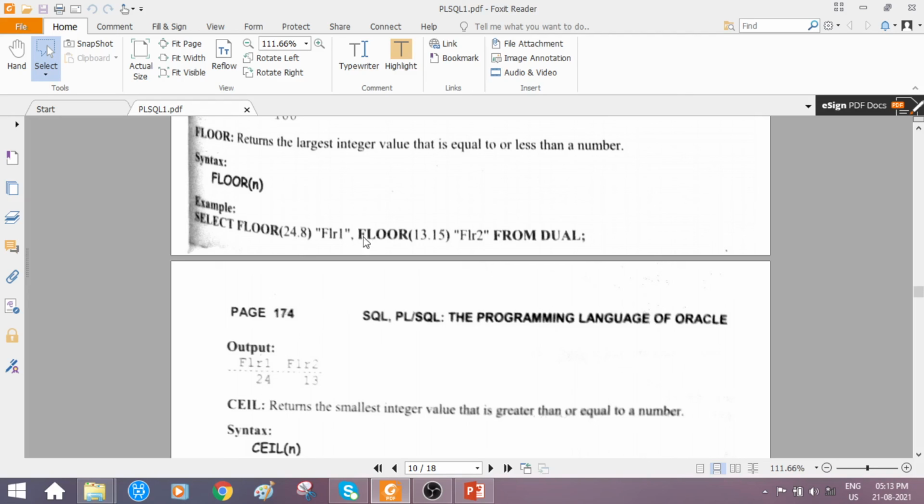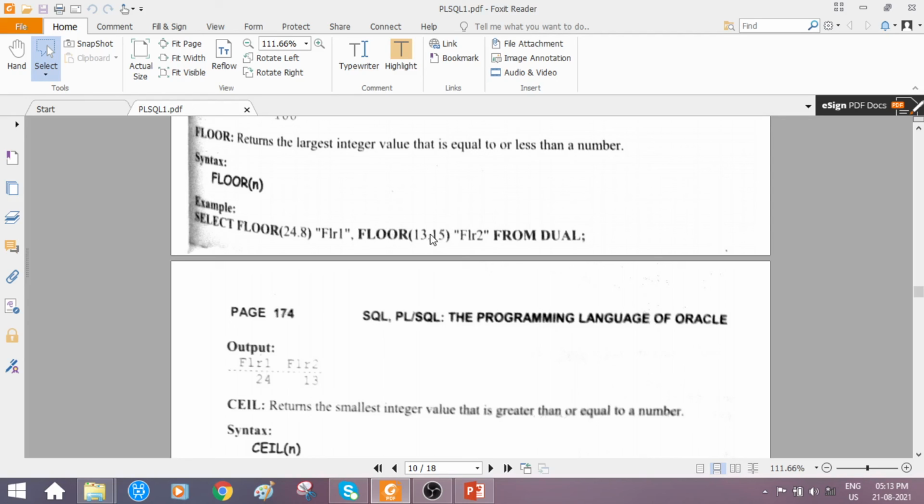Okay, then one more, you are finding floor 13.15. You are applying the floor function to 13.15. Here two digits are found. So according to our rounding off in general, 13.15 means we can consider 13.2 also, right? If the second digit is 5 or greater than 5, the previous digit can be rounded off or incremented by 1 extra. So 13.2 it will be.